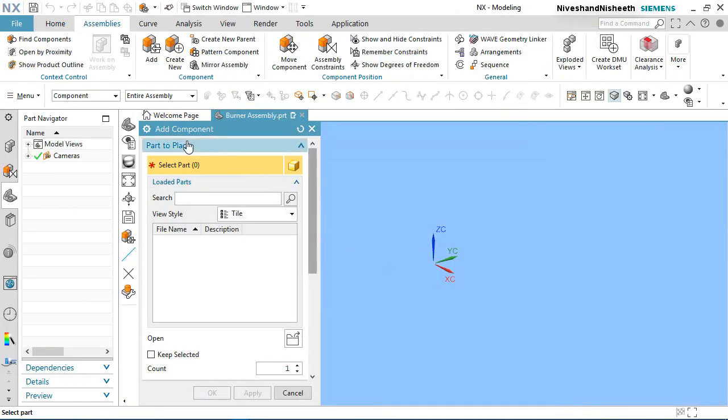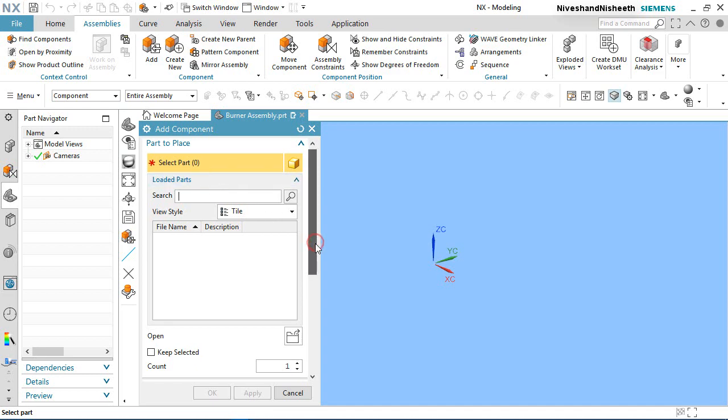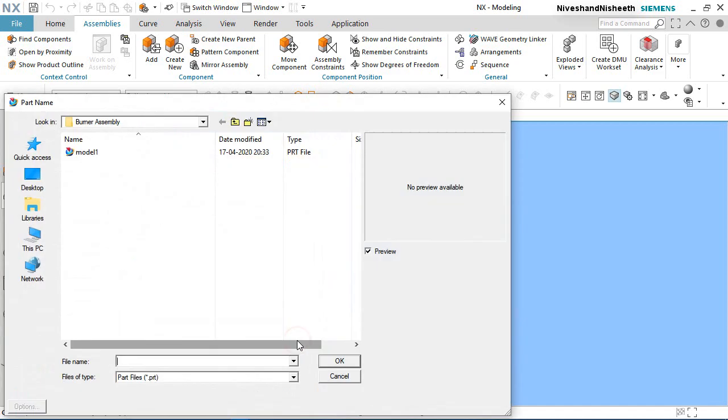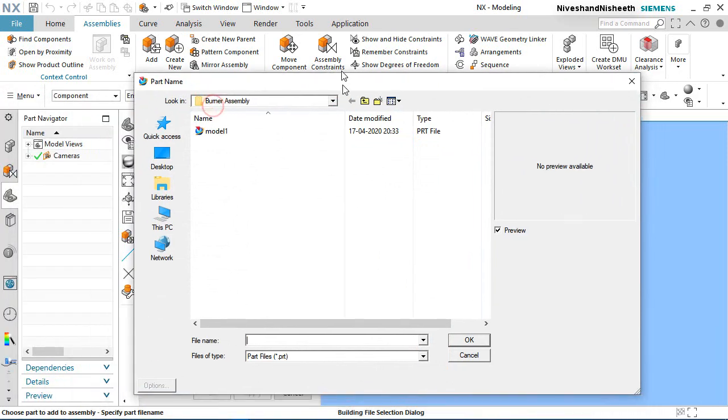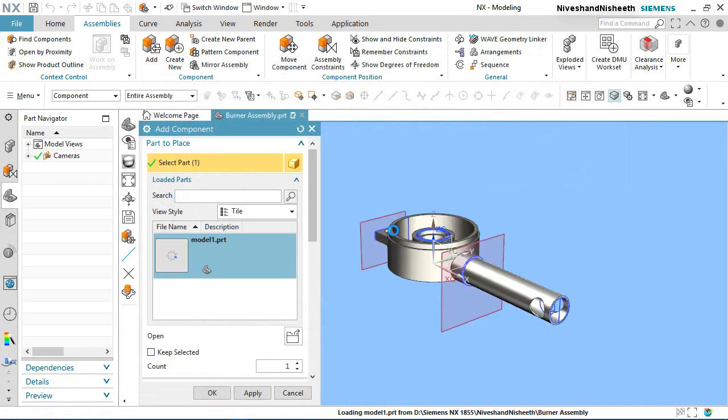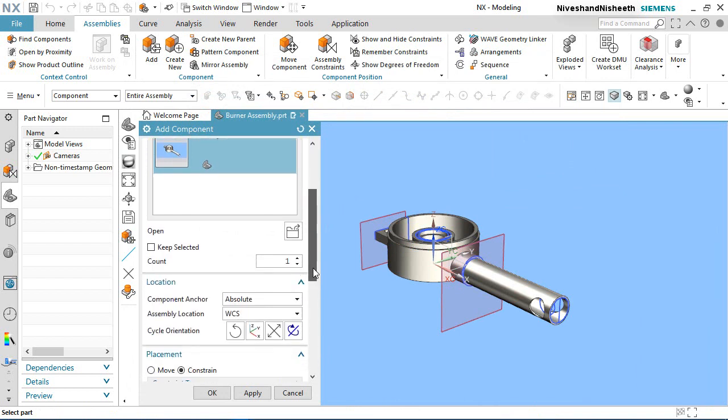In the Add Component dialog box, select the part. Open the folder. Select the Model 1 part file. OK. Now the preview is visible here in the design window.